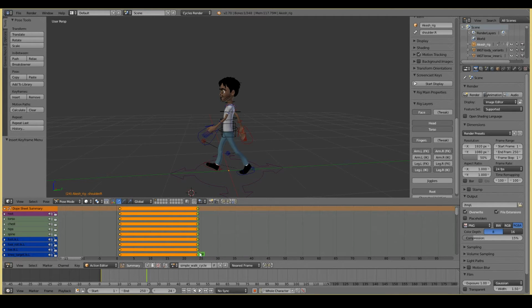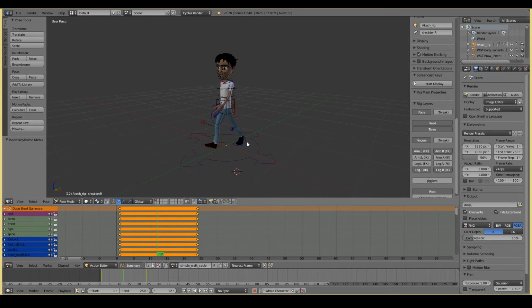If you don't like the timing of frame 24, you can just use reference video and get the exact timing you want based on your reference video, but I'm just choosing 24 because it looks the most realistic. Okay, at frame 12, exactly halfway, you want to have the contact pose now flipped. So how do we do that?